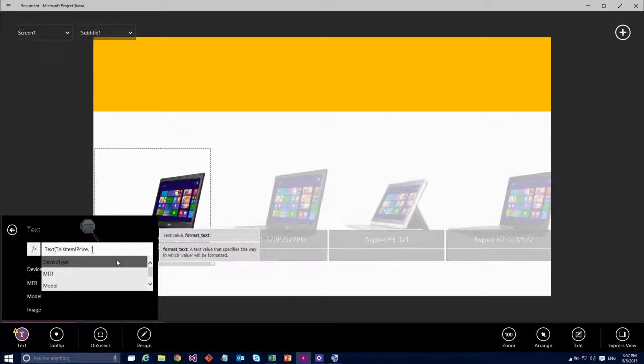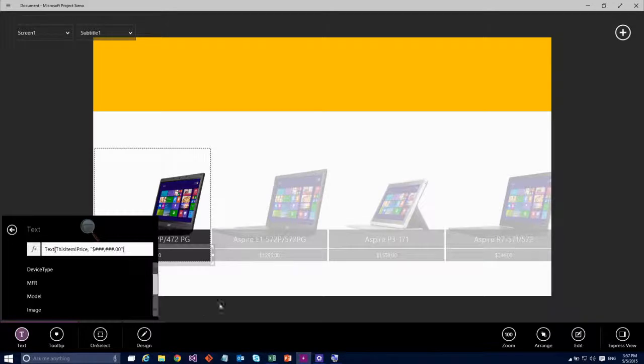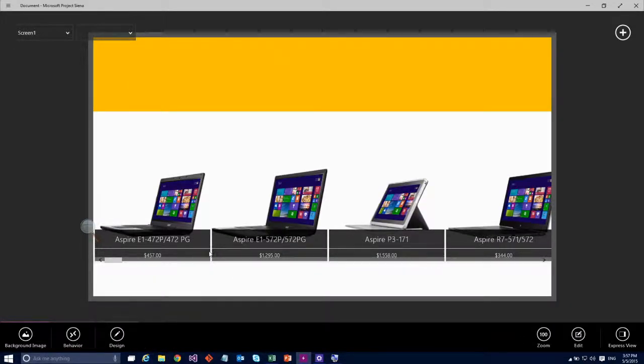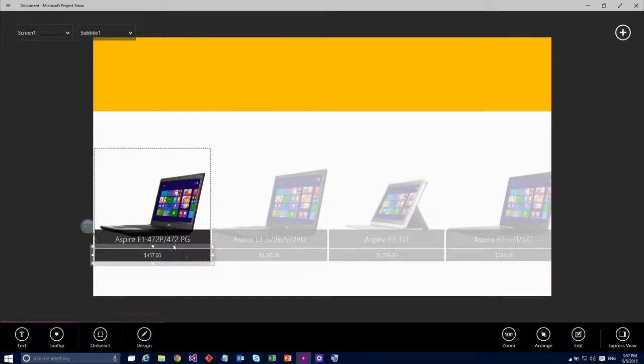So I'm going to go in here and say that I want to format this: number, comma, number, dot. And so now it looks a little bit formatted like a price. But I had mentioned this is a PC refresh scenario, right? And I don't really want my employees going in and purchasing these super, super expensive machines. I'll probably let them, but I at least want to make them feel a little bit bad about it.